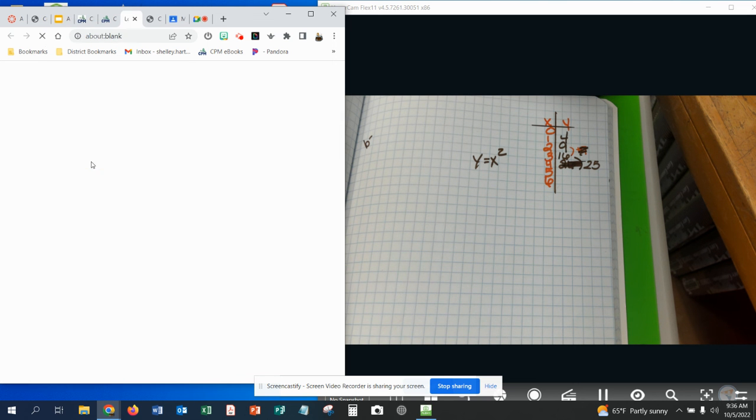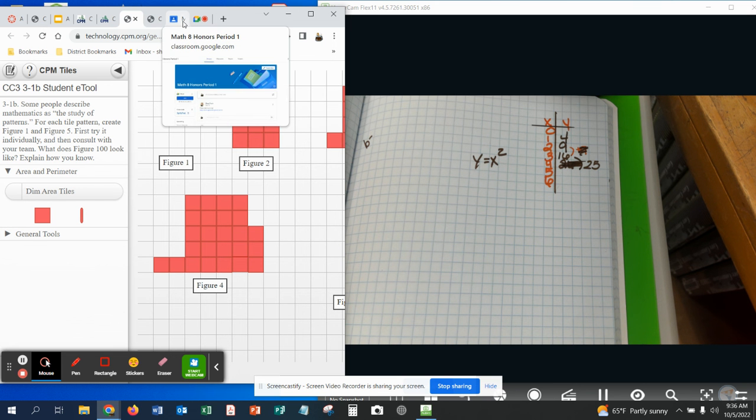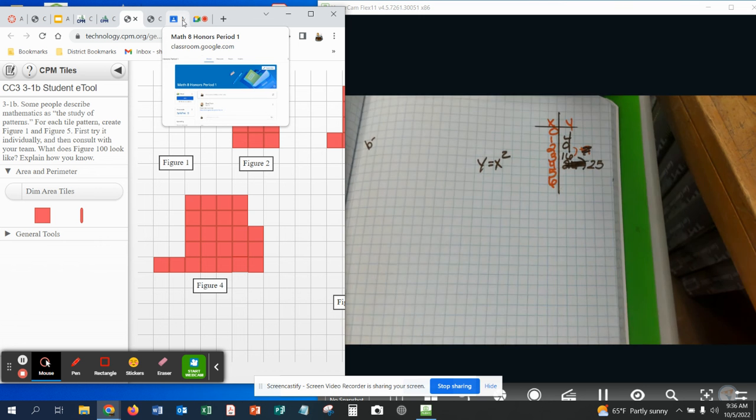Hold on. May I check something out really quick? Figure 2 is 9. Square it. Yeah, this doesn't look right. But I want to go with it anyway because when you square this situation here,